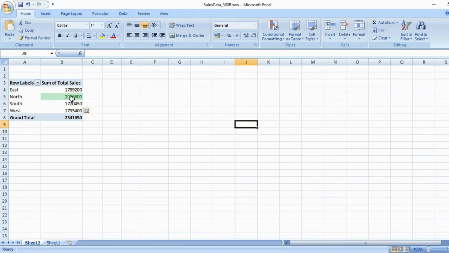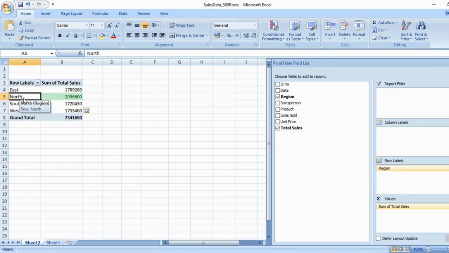Now you see that 2096600 is in the north. So north has the highest number of sales. Similarly,